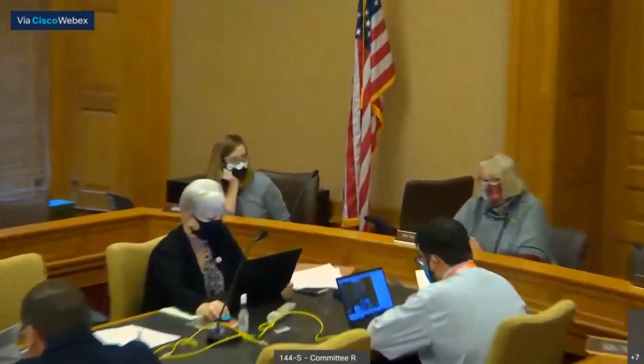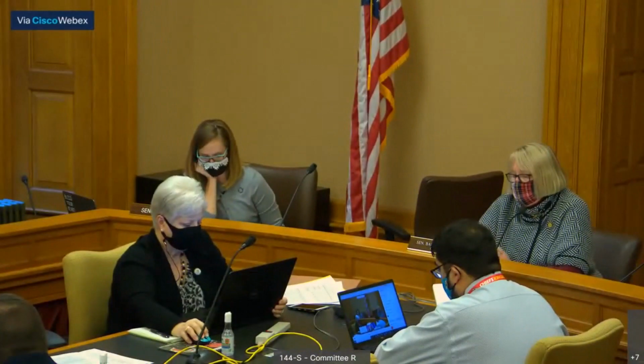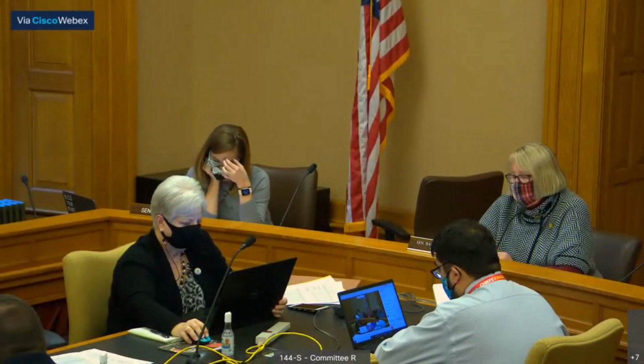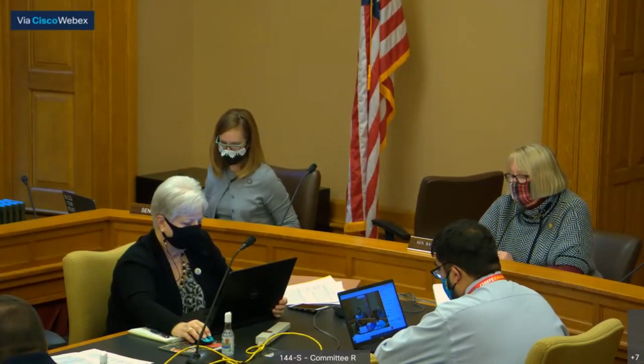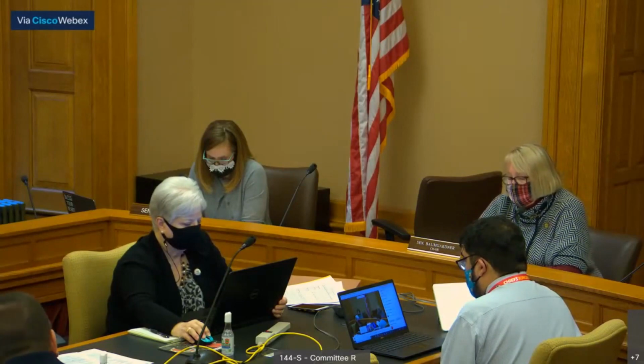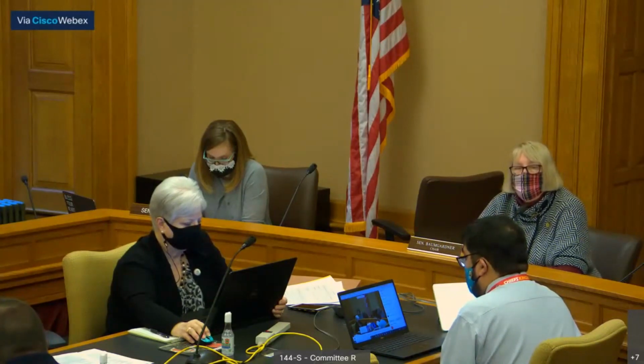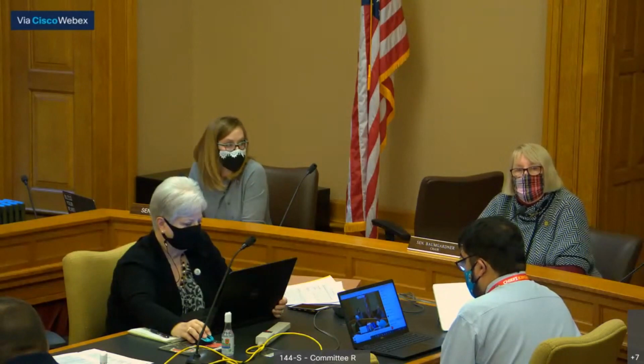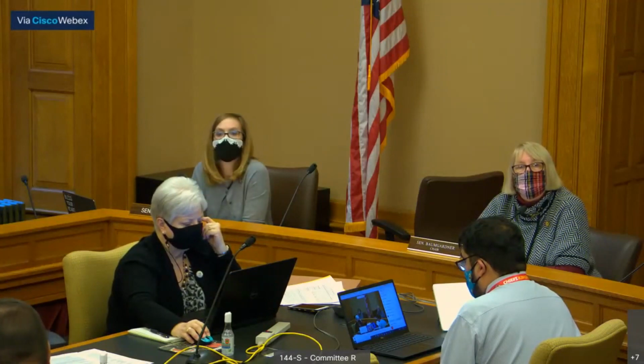We have in the columns the actual fiscal year 2019. Then we have the agency estimate fiscal year 2020, governor recommendation fiscal year 2020, agency request fiscal year 2021, and governor's recommendation fiscal year 2021. So share with the committee what those different columns represent, because actual fiscal year 2019 doesn't represent what was spent. It just represents what was actually budgeted. But could you go through each of those columns?